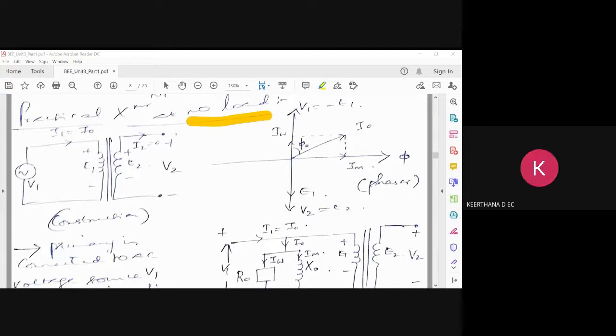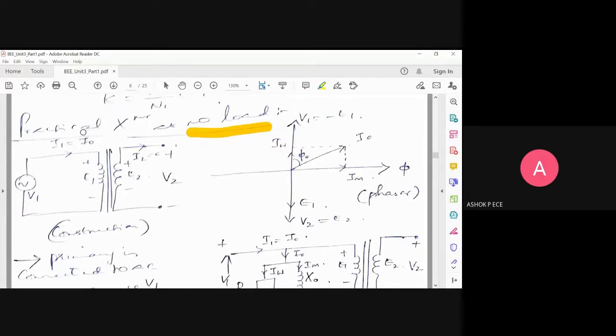There is no load at the secondary circuits. What does it mean? If no load means there is no load in the secondary, what is the implication of the statement no load? There is no component in the secondary. Open secondary circuit, current zero. So in an open circuit, no current is going to flow.